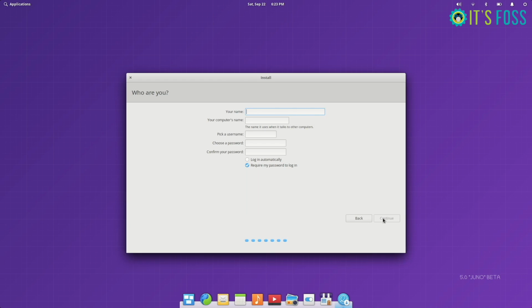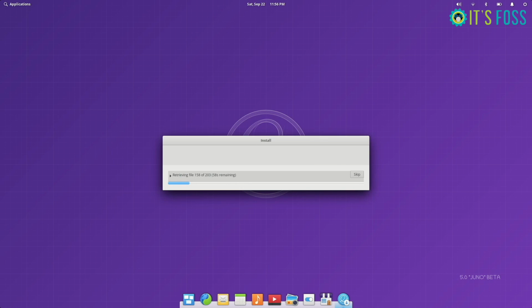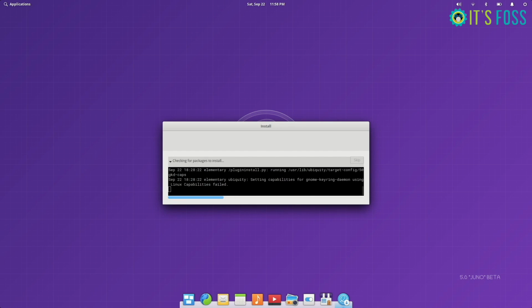In order to use the same user as the previous Linux install, you must create a new user here with the same username and password as your previous Linux distribution. So in my case, I'm using the same as the previous one, which was itsfoss, and the same password. So if I continue, and then it will start installing, couple of minutes, and you'll have your new Linux replacing